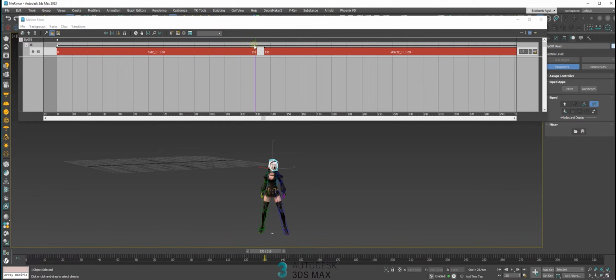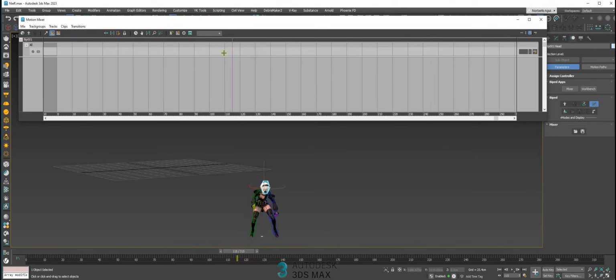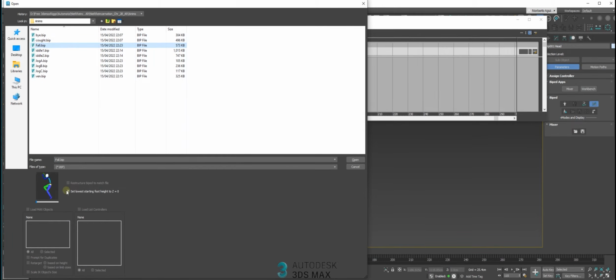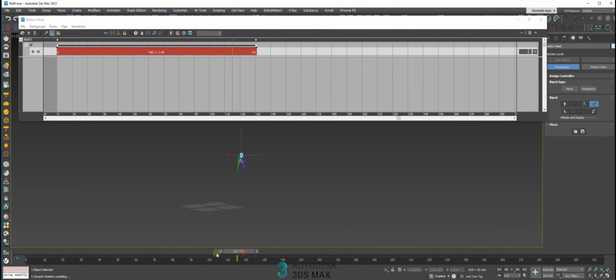You will have a jump right here, and of course you don't like the jump. Even if you import the animation file with this setting missing, you will have something, but it is not what you want. To fix this one, because this is a tricky problem you can have,